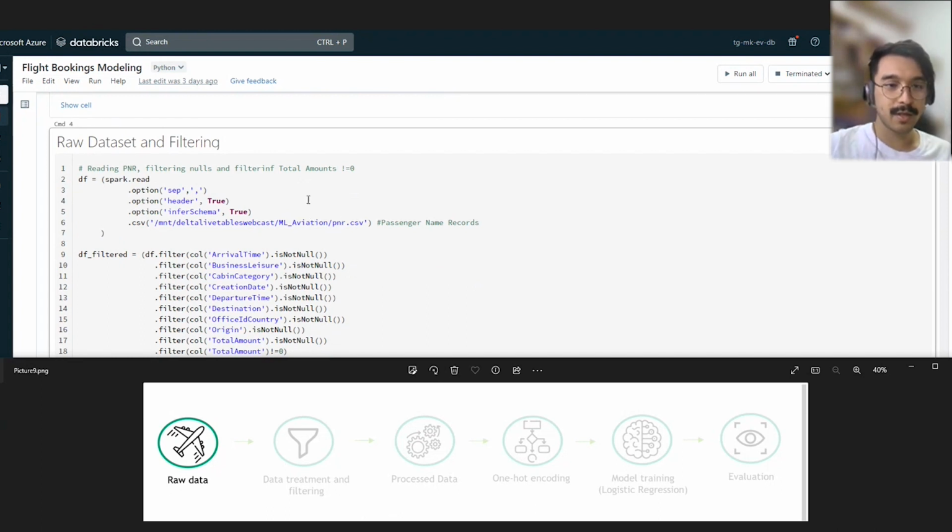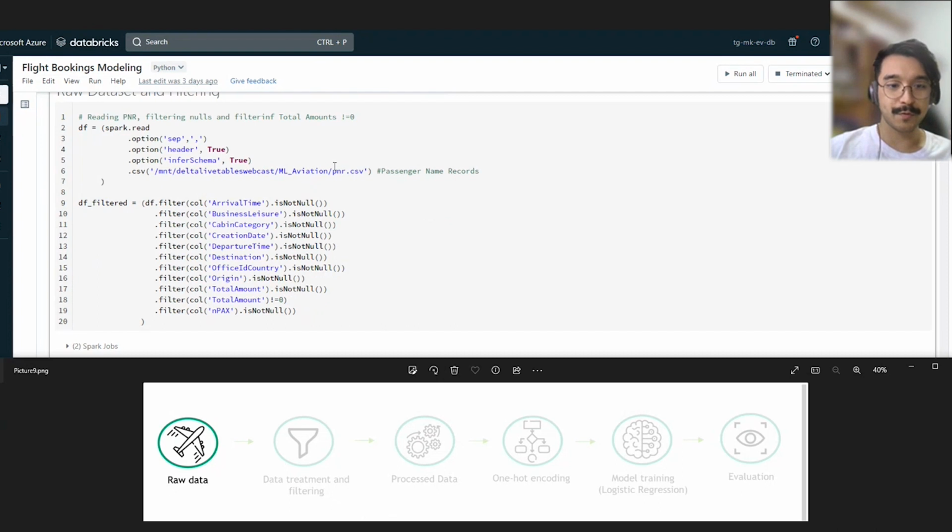This raw data includes a couple of columns which will be used as features, but first we need to filter the data. We are filtering it to not have any nulls in the data. This is needed because of the method we're using, the logistic regression. It does not accept any nulls in the data. Next, we can